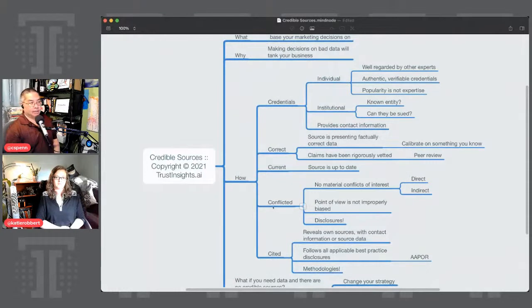there is definitely a potential conflict of interest. And there's absolutely no citation whatsoever, other than that brief thing that says, from Mailchimp users. Well, great. There's a whole host of issues with that. Is it current? Yes, it is current. It's relatively recently published. Is the data correct? This is an important one. We don't know. We don't know whether it's correct or not.